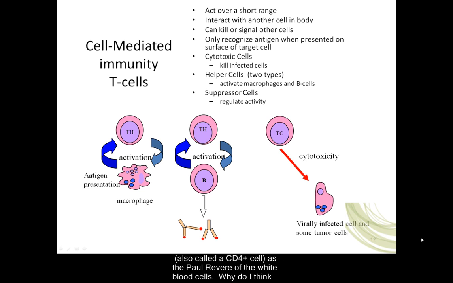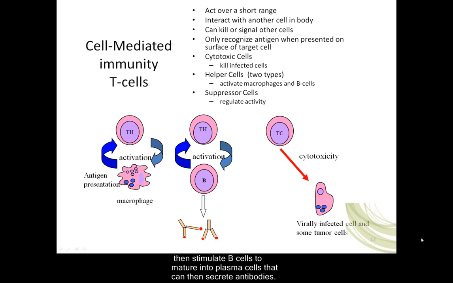I like to think of the helper T cell, also called a CD4 plus cell, as the Paul Revere of the white blood cells. Why do I think this? Well, a helper T cell interacts with a macrophage. Remember, it is an antigen-presenting cell. During this interaction, the helper T cell binds to the epitope that is presented by the macrophage on its cell surface. A helper T cell, like other T cells and B cells, is specific to recognize only one particular epitope